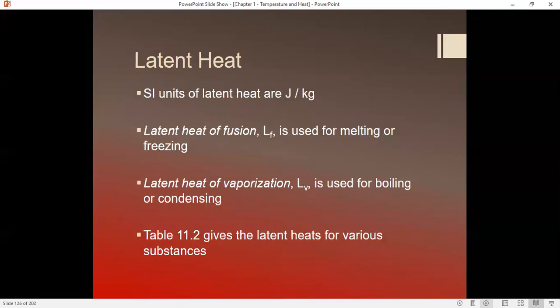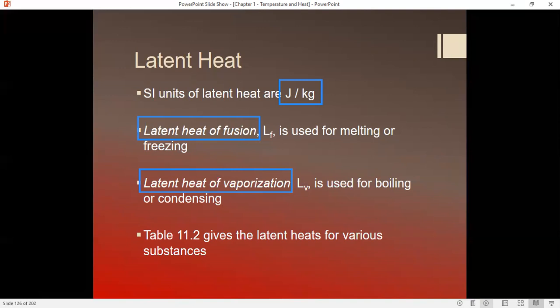So again, latent heat is measured in joules per kilogram. If we're undergoing a transition from liquid to solid or solid to liquid, we call it the latent heat of fusion. Fusion means to put together. So if you're taking a liquid and fusing it into a solid, that's how we get the latent heat of fusion. Latent heat of vaporization, as its name implies, is when we're evaporating a liquid into a gas or into a vapor,